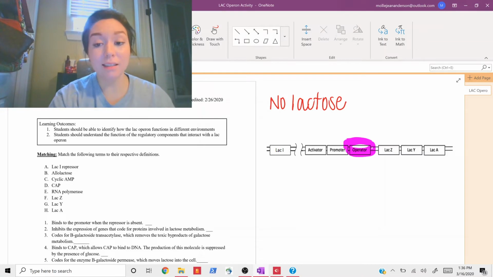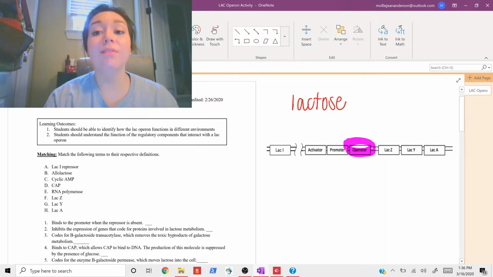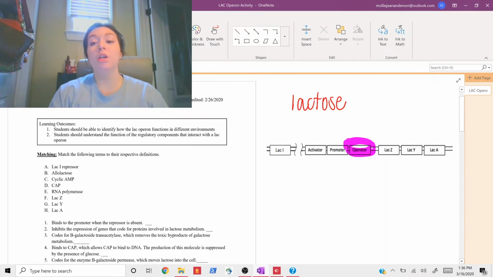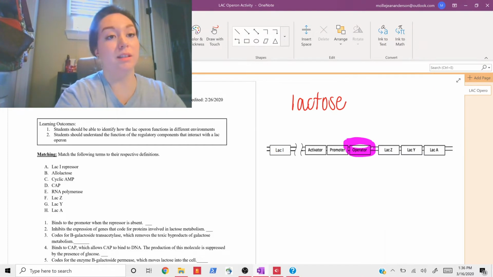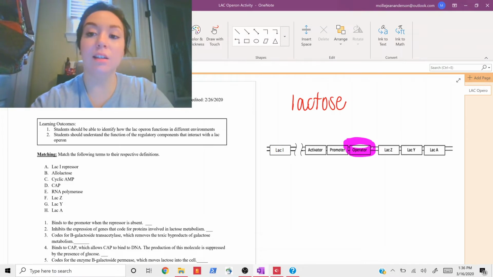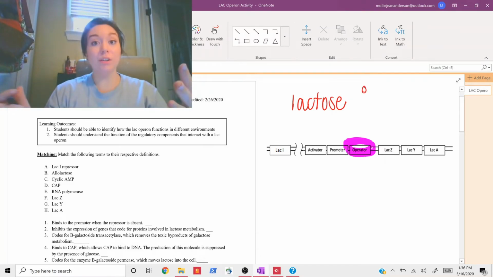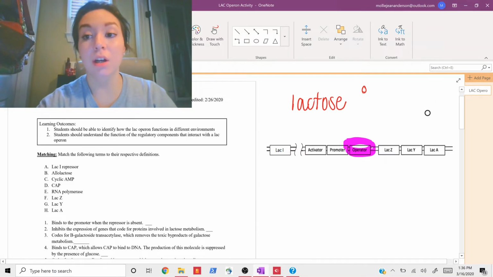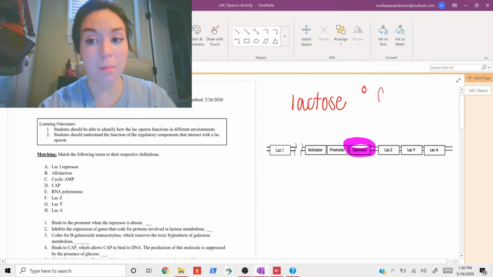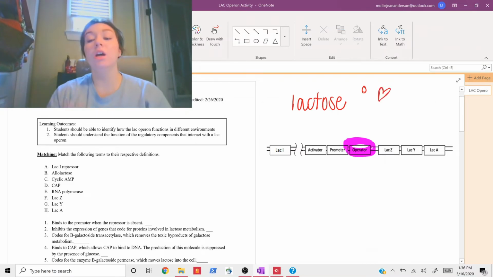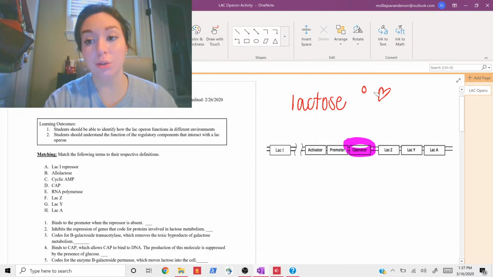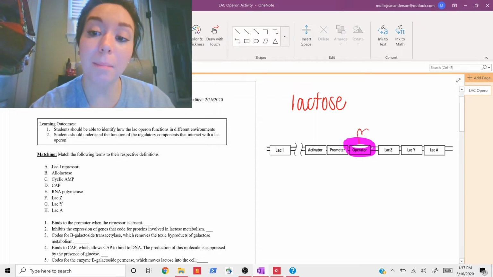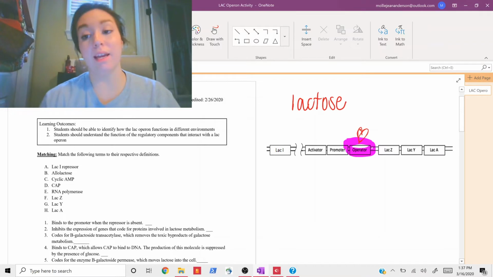So now in our next scenario, we're going to say, what would happen if lactose is present in the cell? So if lactose is present in the cell, it's also going to have an isomer present in the cell. So pretend that this little circle is lactose. Well, if lactose is in the cell, it's also going to have an isomer called allolactose in the cell. So we'll make allolactose like a little heart or something. So we have allolactose in the cell. What does the repressor like? He likes allolactose. So what allolactose is going to do is it's going to bind to the repressor right here,